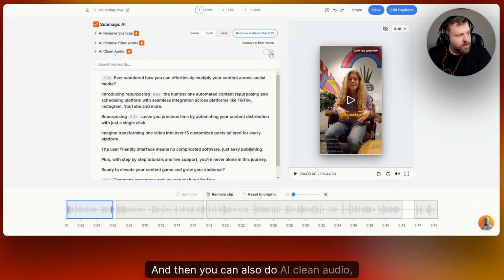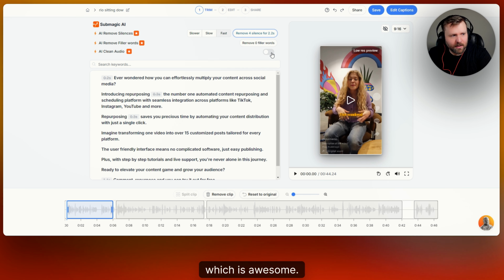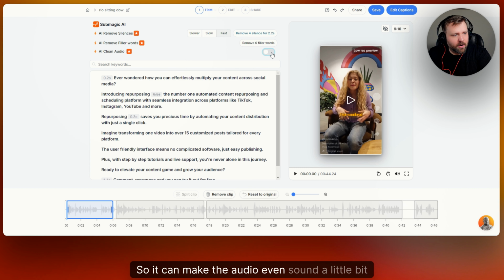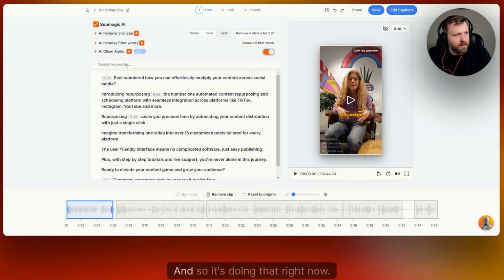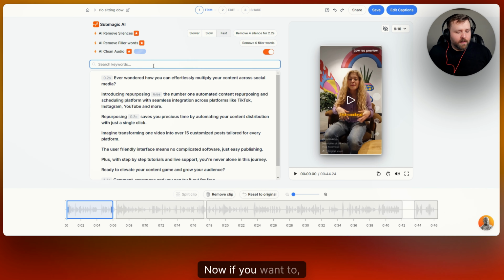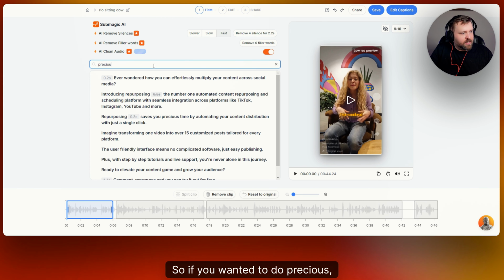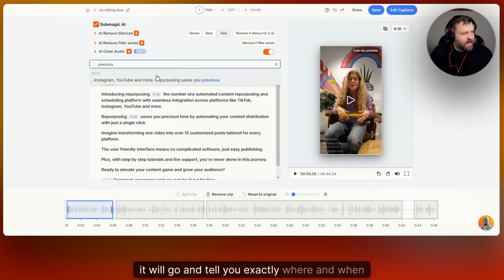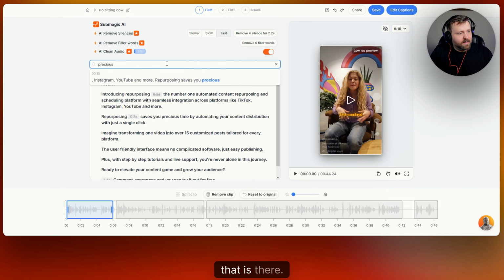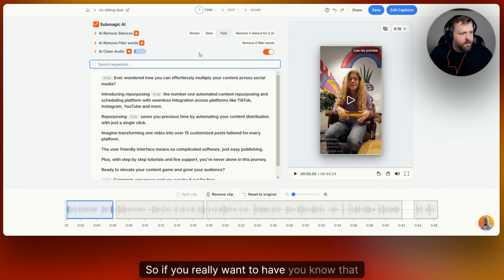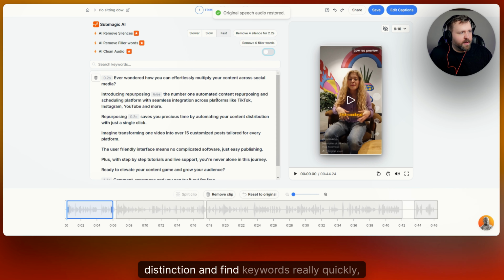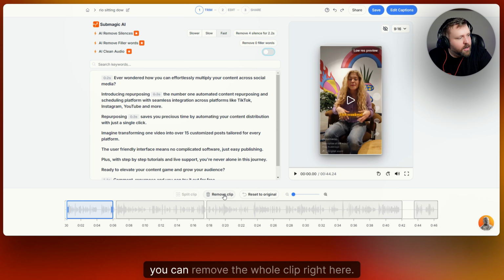And then you can also do AI clean audio, which is awesome. So it can make the audio even sound a little bit better if you want to. And so it's doing that right now. Now, if you want to, you can use the keyword search right here. So if you wanted to do "precious," it will go and tell you exactly where and when that is there. So if you really want to have that distinction and find keywords really quickly, you can remove the whole clip